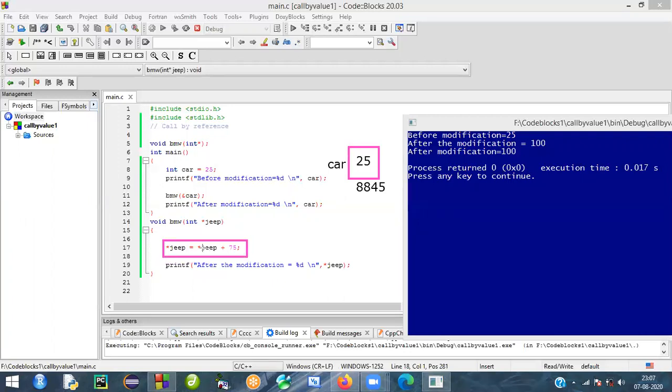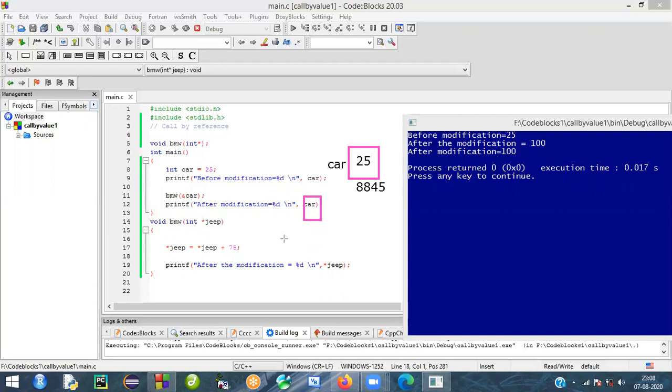Here we have a value that is 25. Already it is pointing to that particular address. In that you are going to find 25 plus 75, so you are going to get 100. That's what we are printing here, that is pointer Jeep. After printing, it will come back here. Again it will print the variable car.